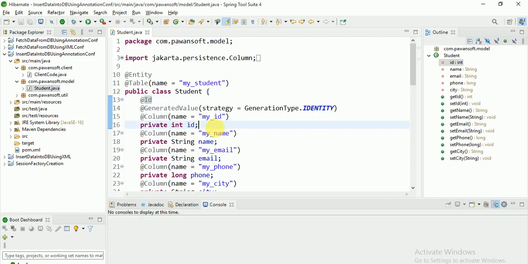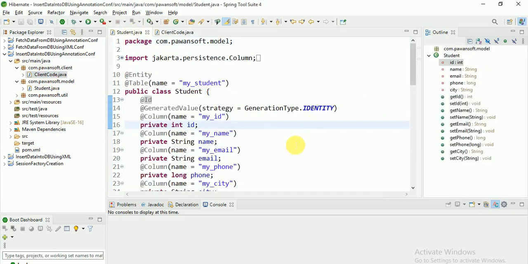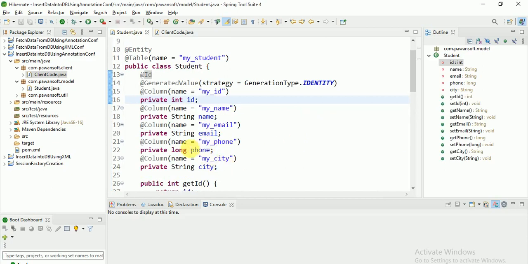So in this case also, if you see my client code, here I am not providing the ID, only name, email, phone, city, right? In the UPC model class I have 5 properties: name, email, phone number and city, right? And for other properties, only @Column name, right?